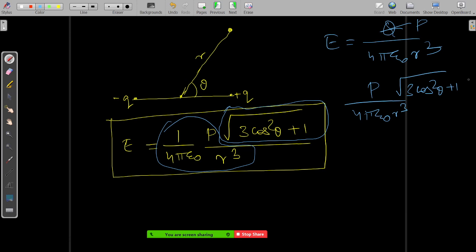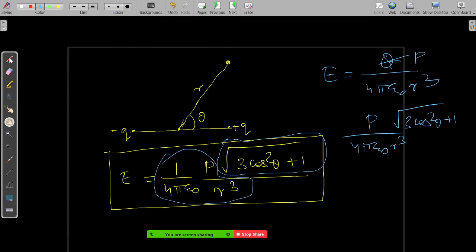Now, again, since we are not only dependent on the magnitude, we have to find the direction also. So basically, how you go about the direction is, you have one direction as...